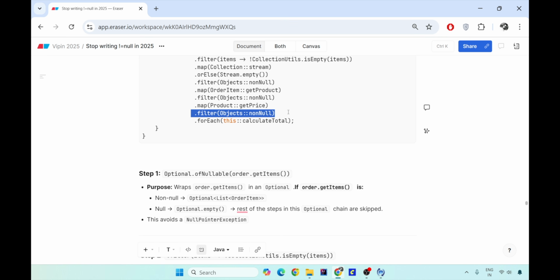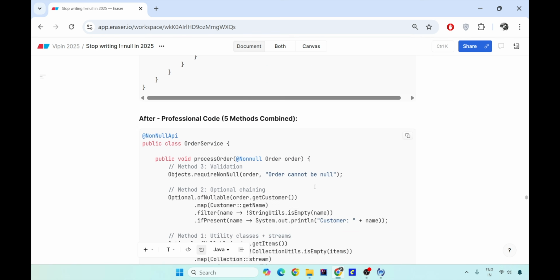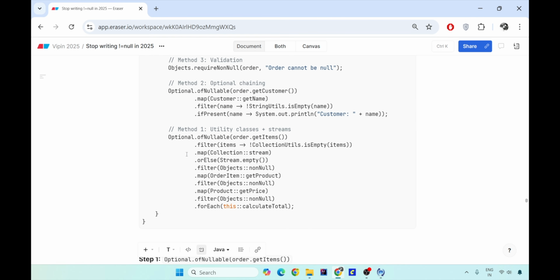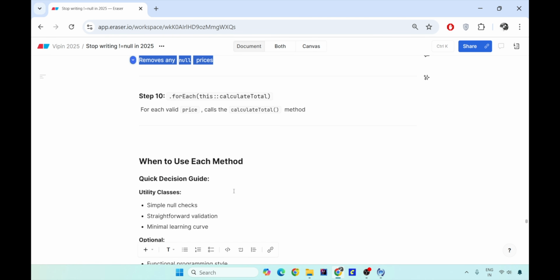So this is a very complicated stream where you make sure that at the end you do not get a null pointer exception, because there are many chances of null here which might have been taken care of like this, but the beautiful way of handling is this. So at each step you map, you filter, and for each do something at the last, and in between if you want to send some default, do that also. So what does filter Objects.nonNull do? It removes any null objects in the stream. Similarly for the prices, it removes all the null prices if there are any in the stream, and at the end it validates the price and calculates the total price.